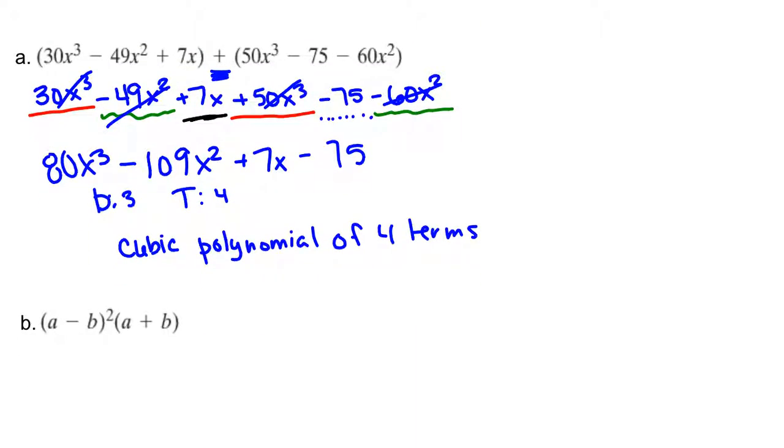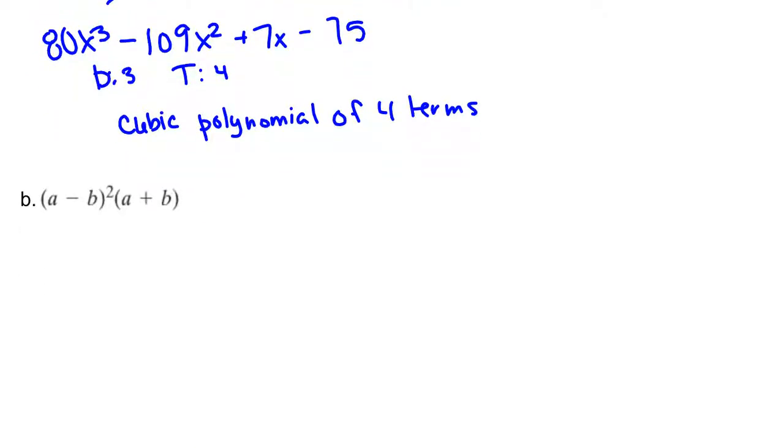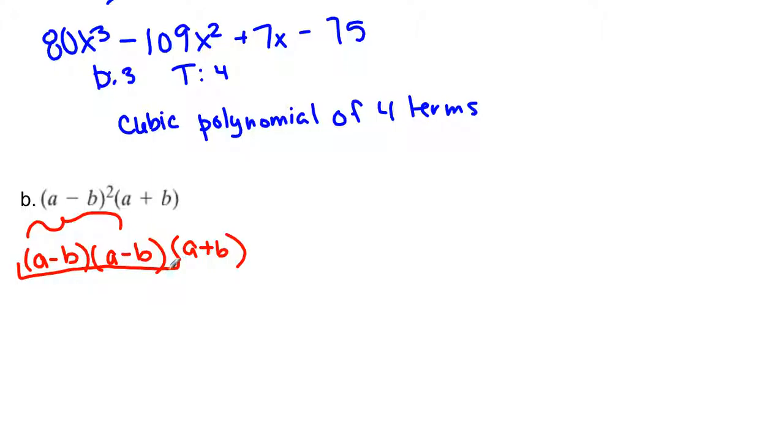Okay, so now B, a little bit different than what we've seen so far, but definitely something that you can do. This says to the power of 2. So what that means is we have 2 of those binomials, a minus b times a minus b. If that had been a minus b cubed, then we would have 3 of those, but it's squared, so we have 2. And then you have that a plus b. So now the question may lay with, where do you begin with this? What I would encourage you to do is do the first 2, simplify that,